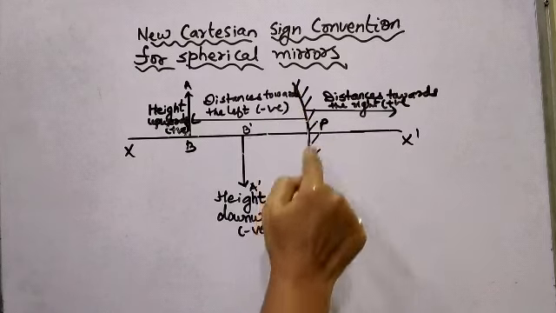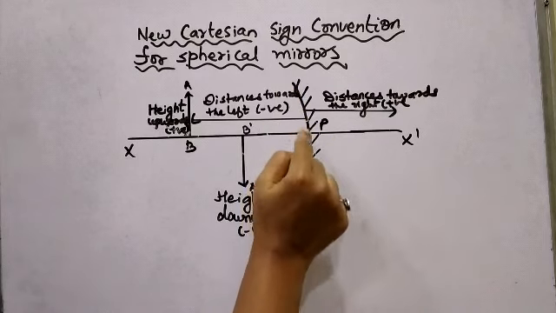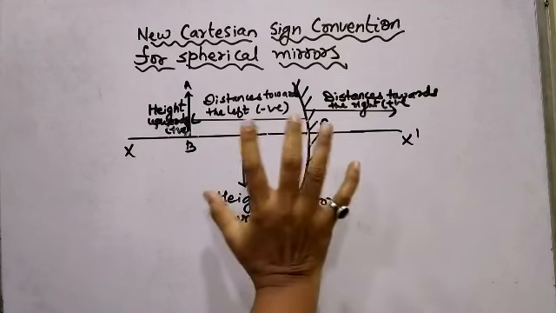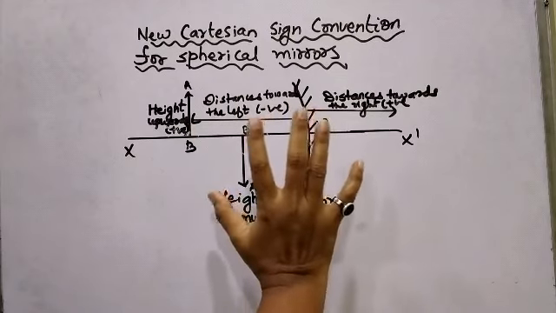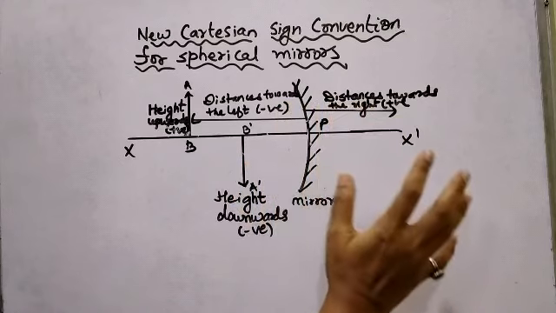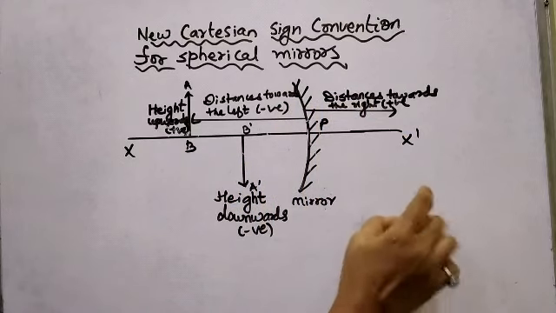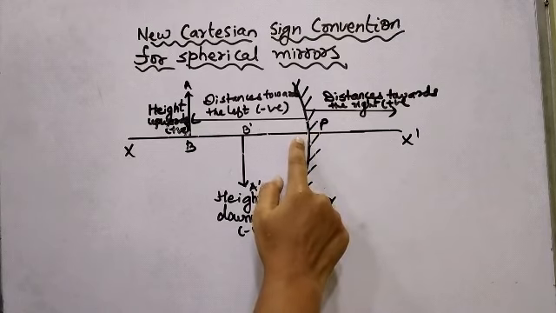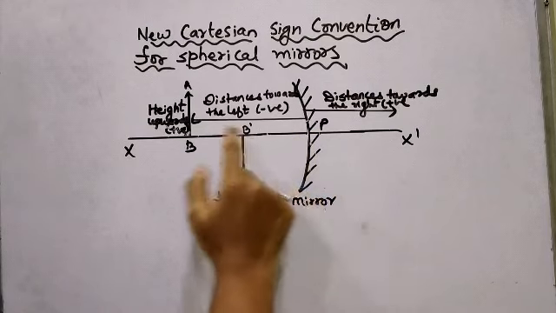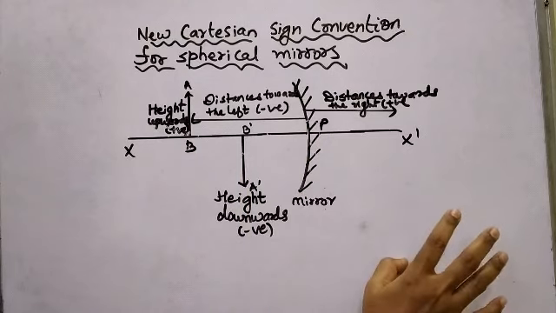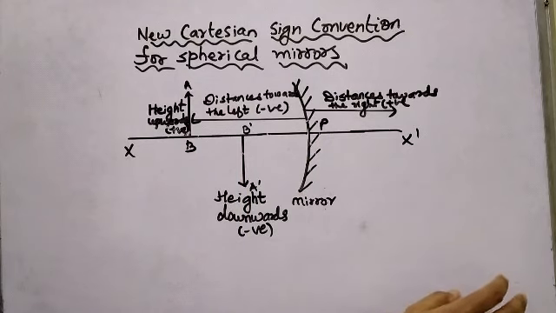And this is a spherical mirror, and for this spherical mirror, the pole of the mirror is taken as the origin. So when we are explaining or writing about the Cartesian sign conventions, we need to first mention that the pole of the mirror will be taken as the origin and the principal axis will be taken as the x-axis of the coordinate system. So now let us see what the sign conventions are.